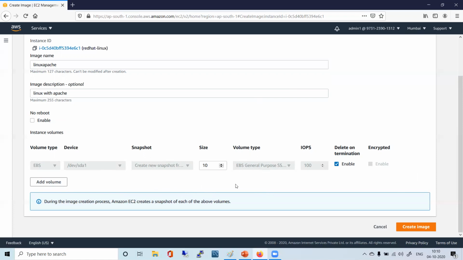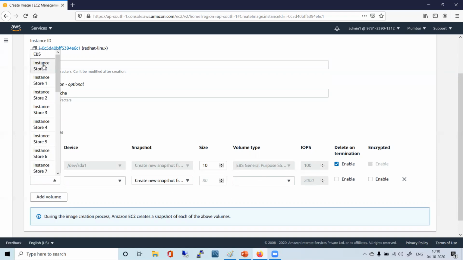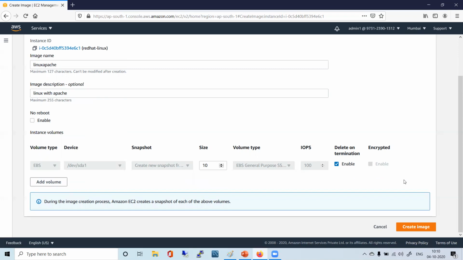So just to be in sync with what Rahul is doing. You can add additional volume here, Rahul. Yes, this option is there. That's why I asked you that. I thought that you had added from here itself. No, that came by default because I was having that attached. However, if you want more things here from instance store, you can just choose from there as well. Or if you want EBS, you can choose that as well. So you have an option for that also. So just don't get deviated. Just understand AMI. Remove everything. Just keep one for the boot volume.